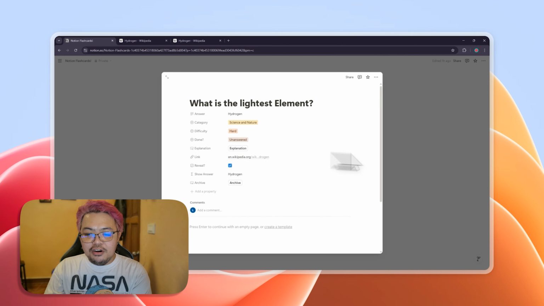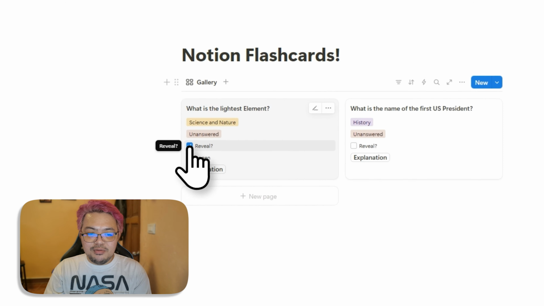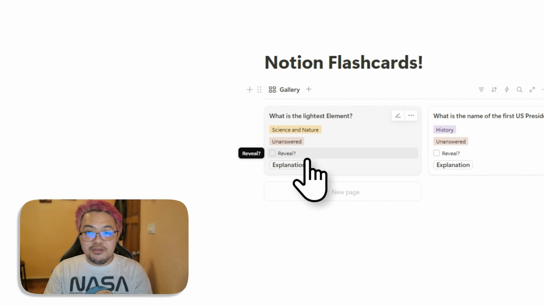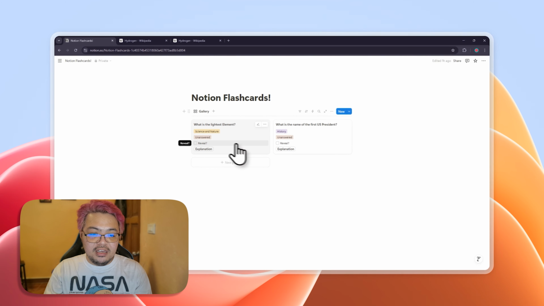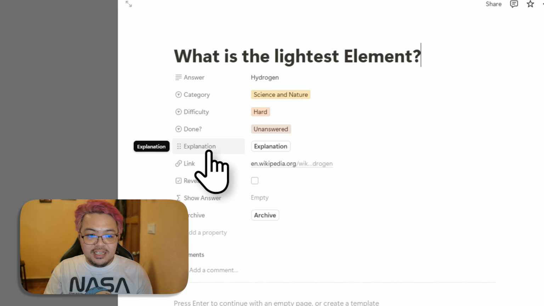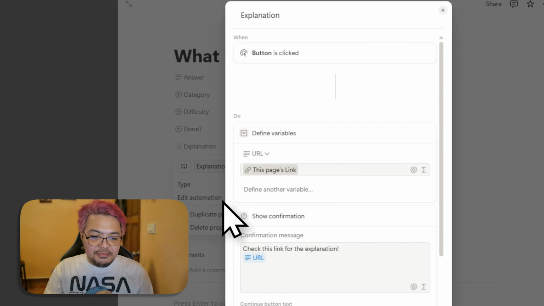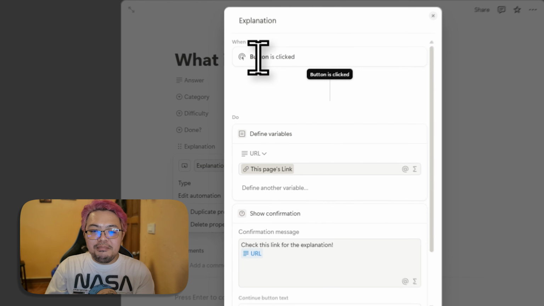But when we go back to the gallery view, you'll see that this is quite important because we only have a select number of properties added to this view. If you click on this again, I'll show you now what the explanation button is. So if we click on that, we click on edit property, edit automation, you'll see that when the button is